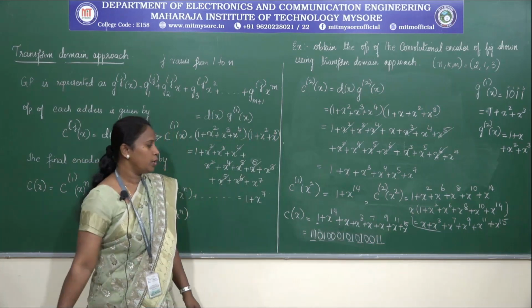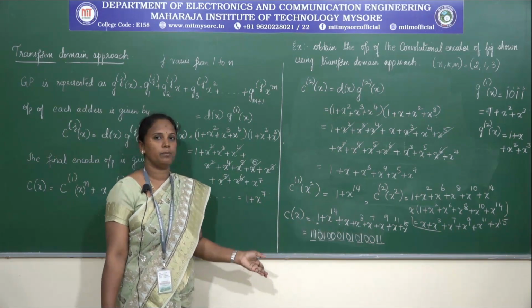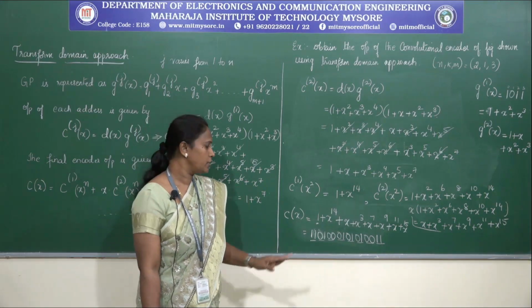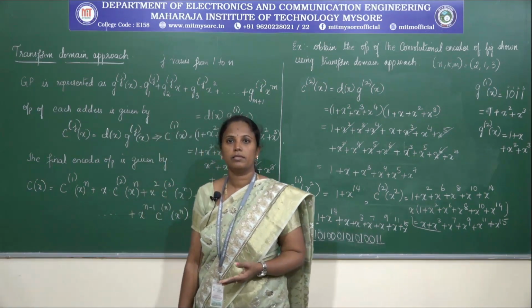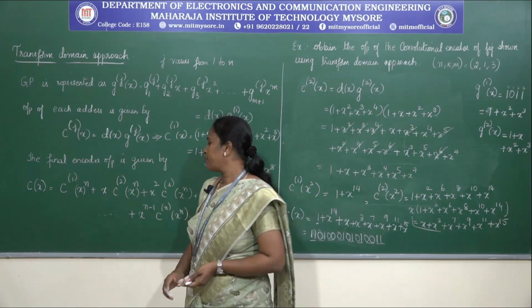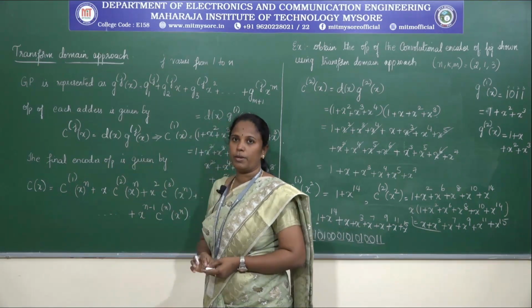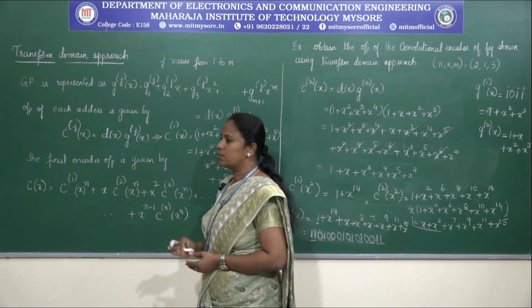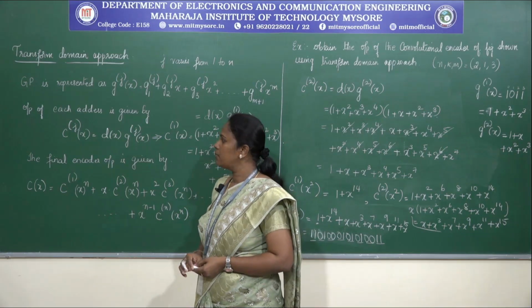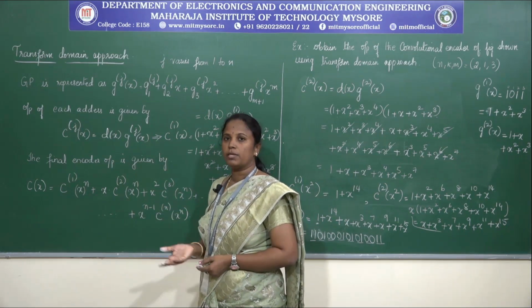Okay. So if we compare the codes we have got from the transform domain approach with the time domain approach, you are going to get the same code words. So this is how we are going to find the code words by using the transform domain approach. So now let us solve one more simple example by using the time domain approach as well as